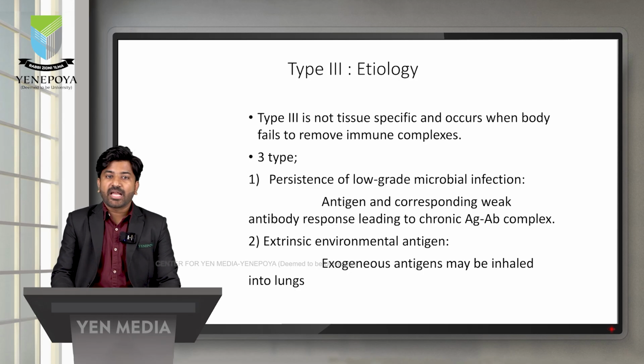Secondly, extrinsic environmental antigens, exogenous antigens, when inhaled in the lungs can also lead to type 3 hypersensitivity reaction, where the antigen will act as a weak antigen and will not be removed, resulting in antigen-antibody complex formation. Autoimmune processes where autoantibodies are produced against self antigen can also lead to type 3 hypersensitivity reaction. Example, autoantibodies to DNA or myelin sheath of the neurons can lead to the destruction of these, resulting in a